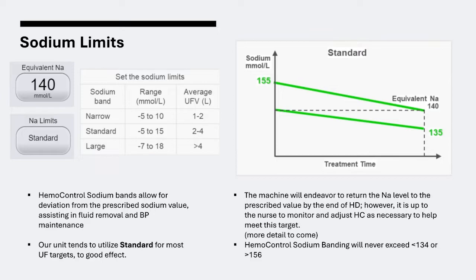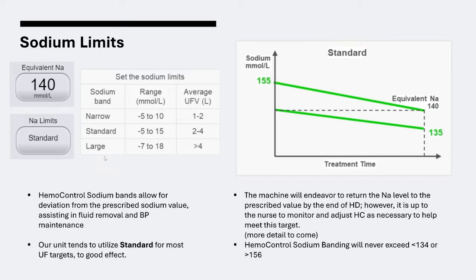So in our HemoControl settings, we have our equivalent sodium, which should be the prescribed sodium, whatever the nephrologist has set, followed by the sodium limits. So if you press this button, you would actually get several different options. So we have standard, narrow, and large. And what this does is it actually changes the parameters that the machine has by which it can increase or decrease the sodium